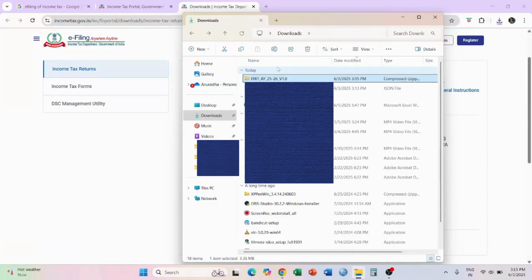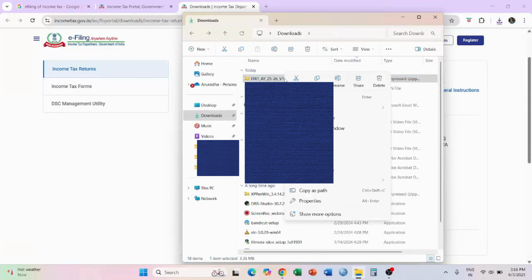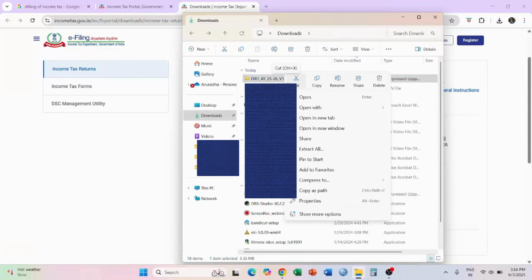So here in the downloads I get this zipped file, and over here we are going to extract the zip file. So we do a right click and we select extract all.